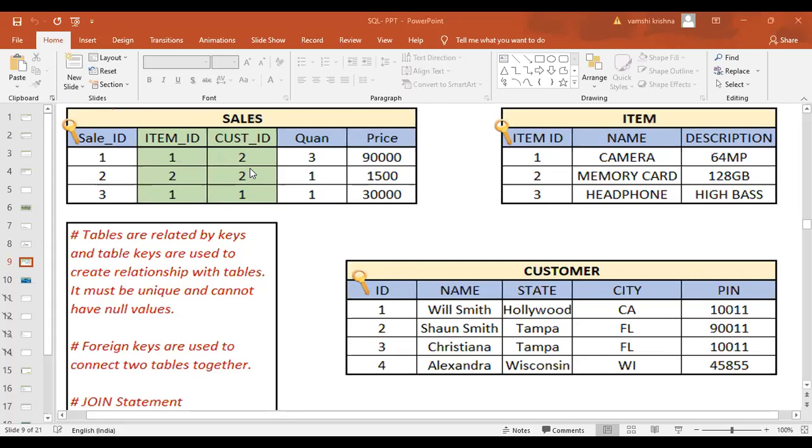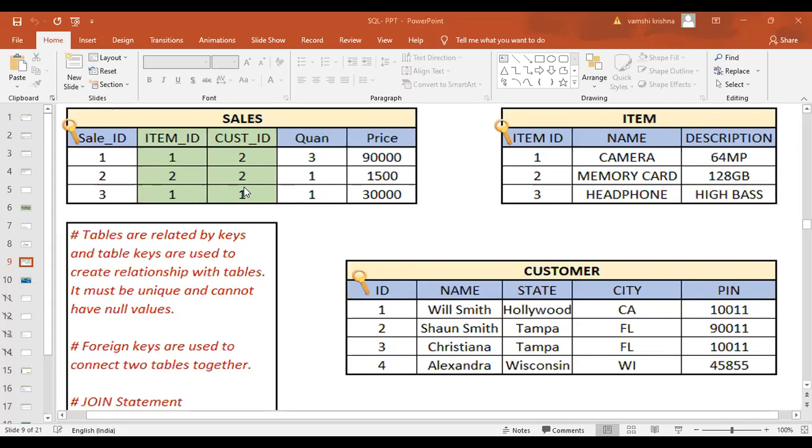See this customer ID 2. Sean Smith is 2, no? Yeah. So Sean Smith has purchased a camera plus a memory card. Okay. Got it. Like that, you will get the sales receipt.